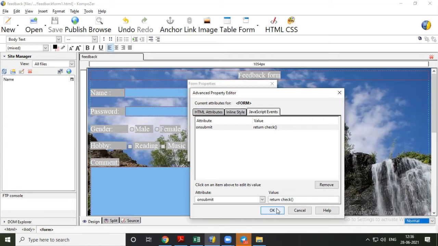And each function has parenthesis. Okay, like this. Function name is, after that function name we use parenthesis. So this parenthesis defines what? Arguments for that function. So what is argument that we are going to see in code? And this is return keyword, which transfers control after clicking on submit button to this check function. Okay, so whatever is defined inside this check function is executed. So they created one function.